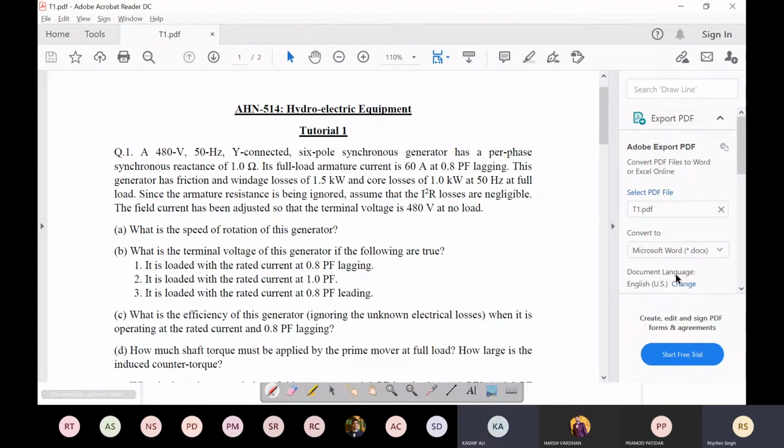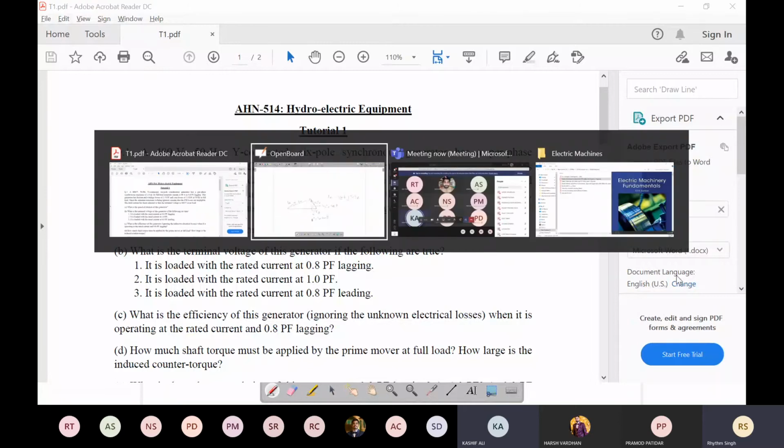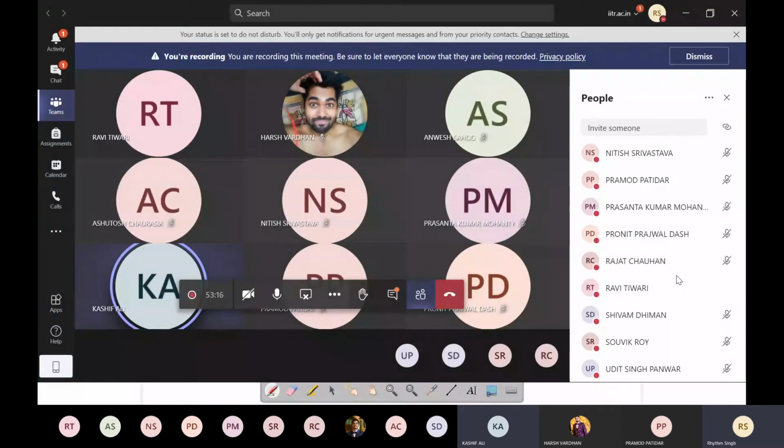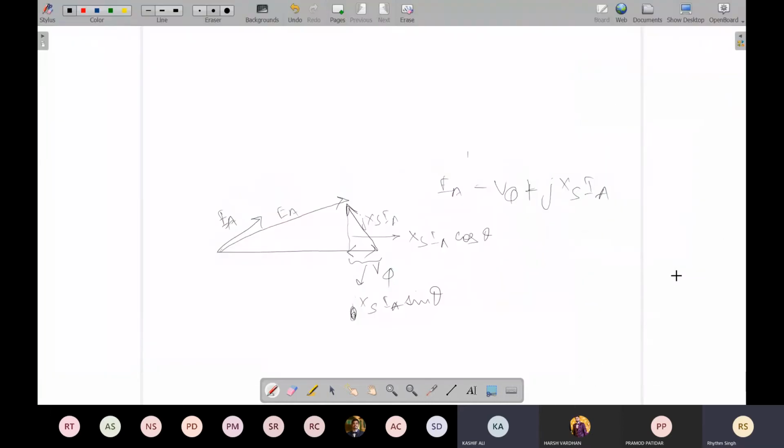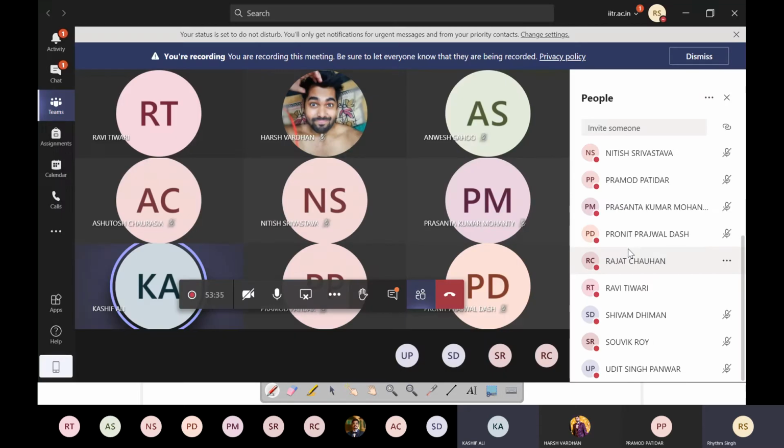Yes, Kashif. Sir, is there any plus minus limit to the answers of these questions if somebody is not getting the exact same answer? Will that be appreciable? No, see, there is no such uncertainty. Only thing is that if you don't take decimal places into account, there might be a few changes at the decimal places, plus minus 2-3 volts. But it depends. Usually, I just neglected that 0.12 volt, which was very small. So instead of 277.12, I just took 277 volts. So there might be a 0.1, 0.2 type of variation.